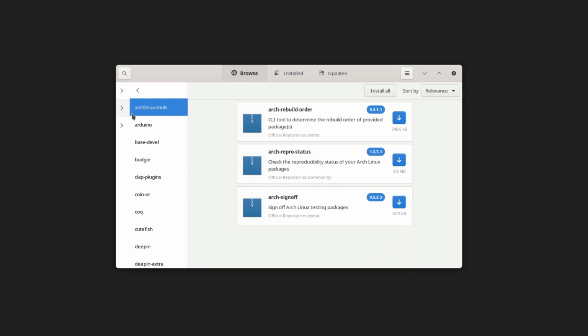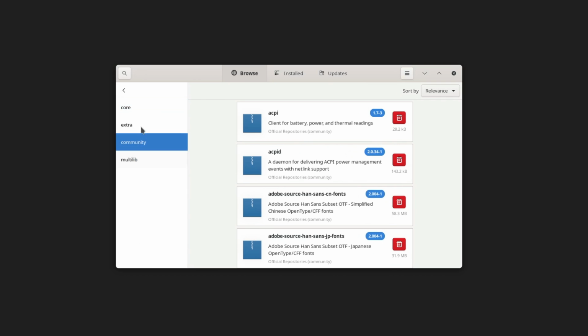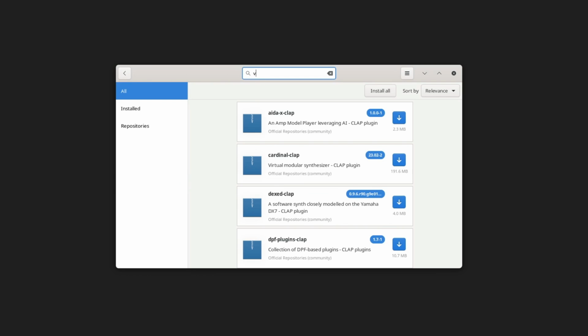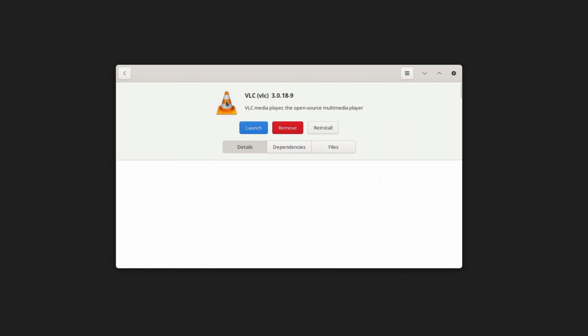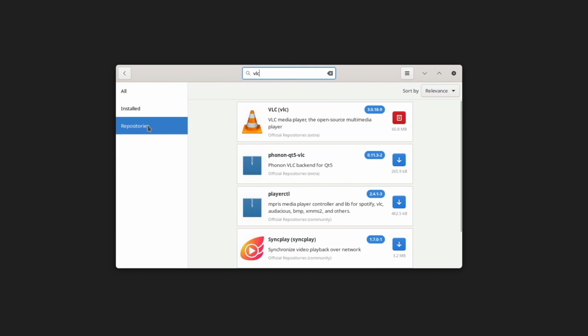Pamac also supports the AppStream protocol with Snap and Flatpak as well, so you can directly launch the application installer from AppStream links. Furthermore, it has advanced features, such as dependency resolution and support for AUR packages. Additionally, Pamac is lightweight and doesn't consume too many system resources. Using its GUI, you can browse the Arch repositories, and also view applications based on their functionality. There are separate sections in the Pamac GUI that enable you to remove and uninstall packages, including orphan ones.